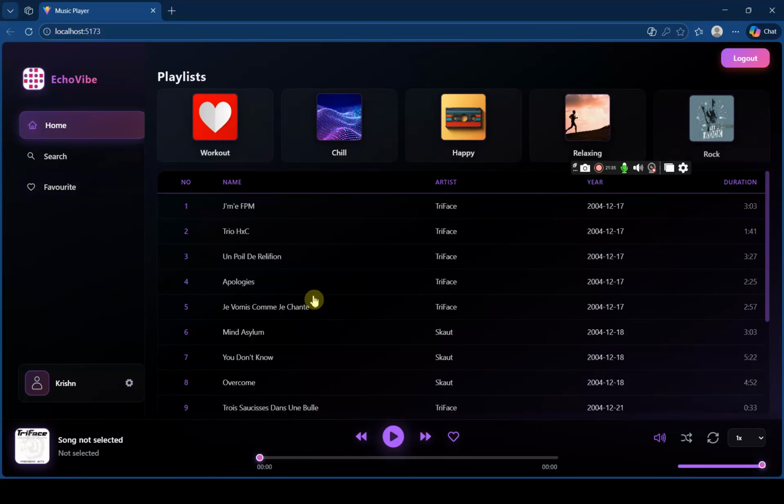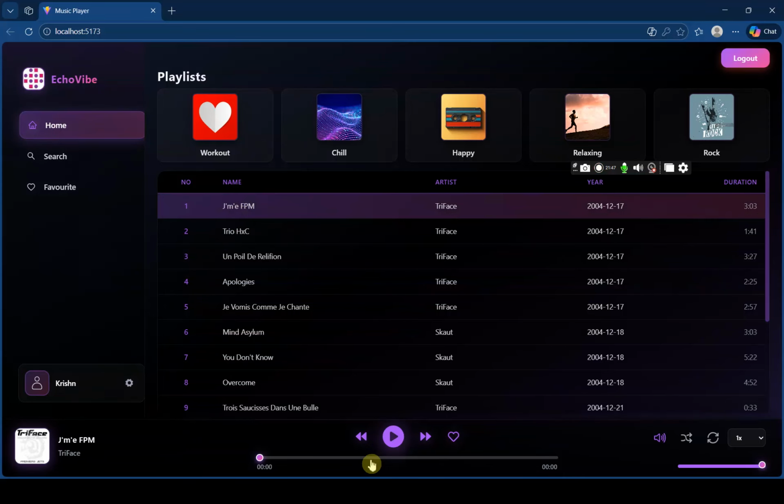Then at the home, these are the playlists which we have, and in duration we get the time, the length of the song. Then if we choose a song to play,